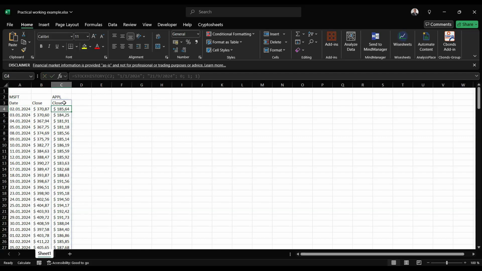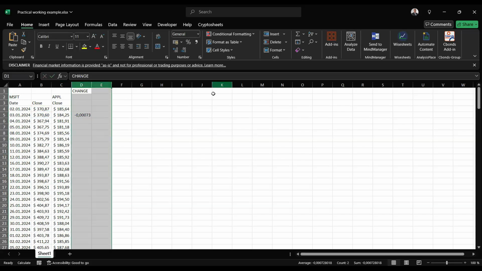Then, in order to calculate value at risk, we will have to calculate changes in the price. How can we do that? There are different means of calculating the changes. For example, say for Microsoft, we can compare two prices minus 1. So here will be the change. We can change it into percentage format. The change for 1 day of the price of Microsoft was